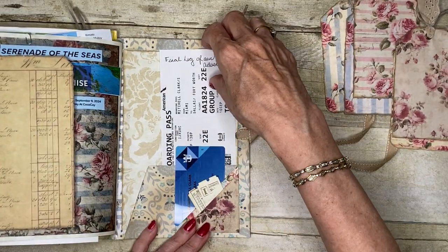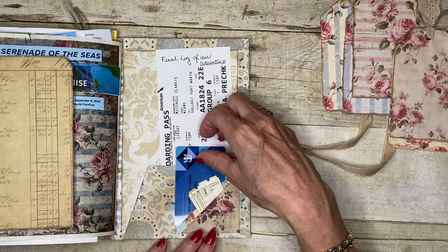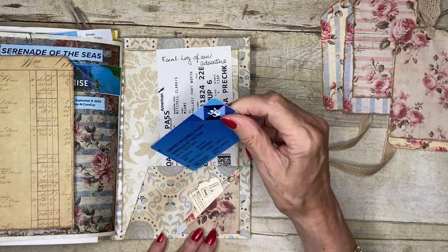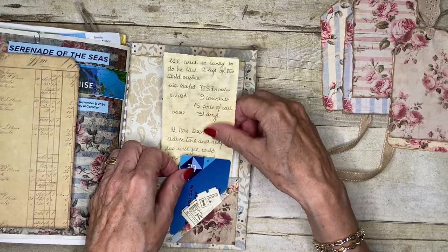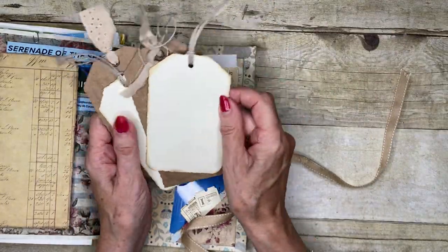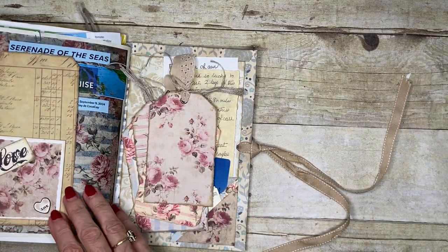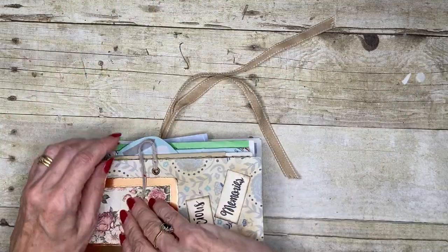And then we flew back to Dallas from Miami. So there was my boarding pass, and there's my second sea pass for that. So I have got a few pictures to put in, and I'm going to put most of them on these tags, I think. But as you can see, I was able to make full use of my